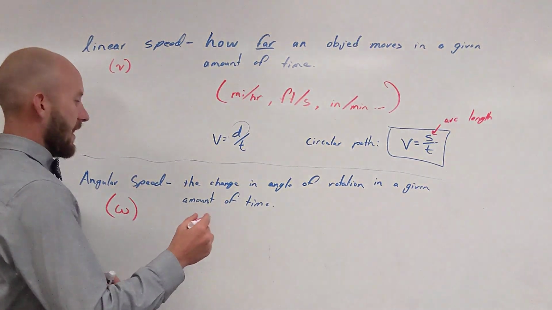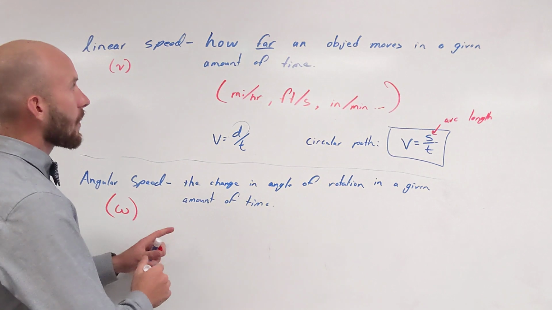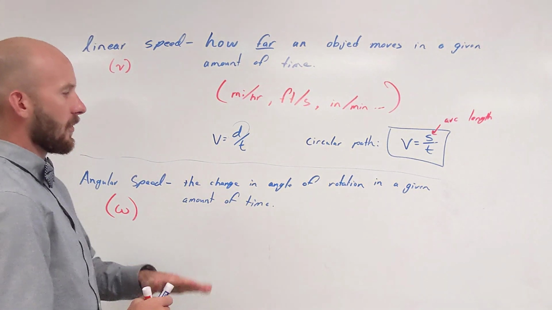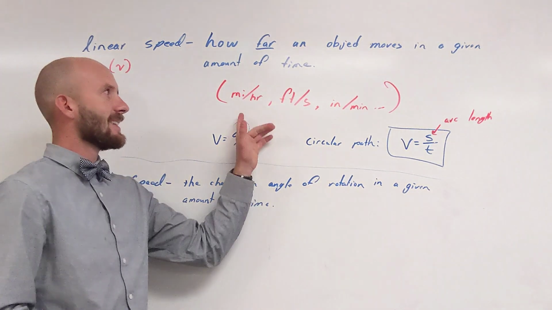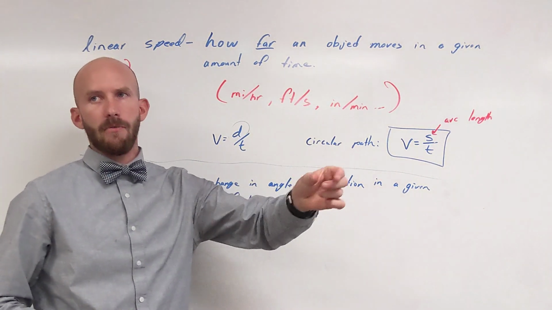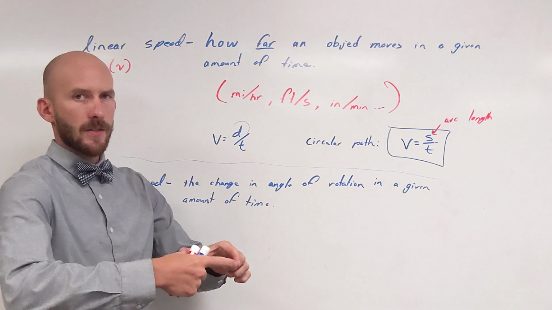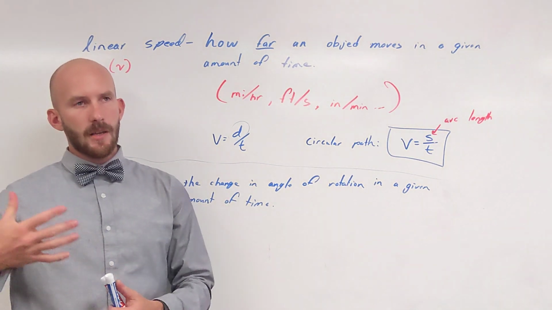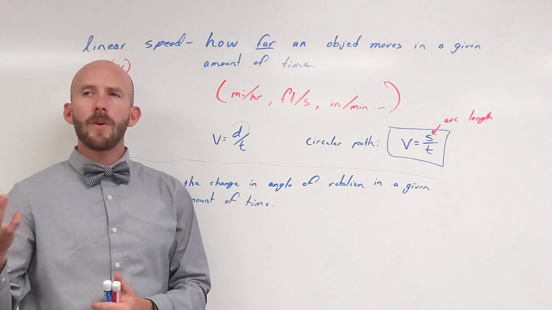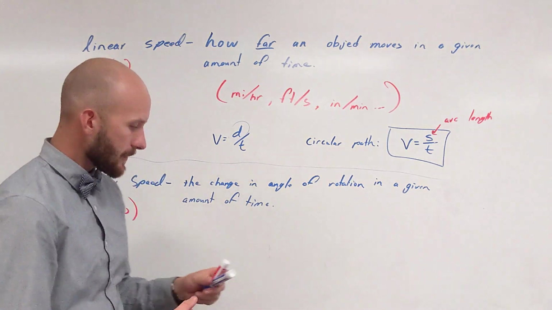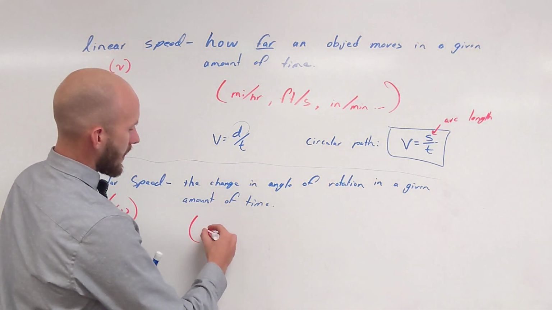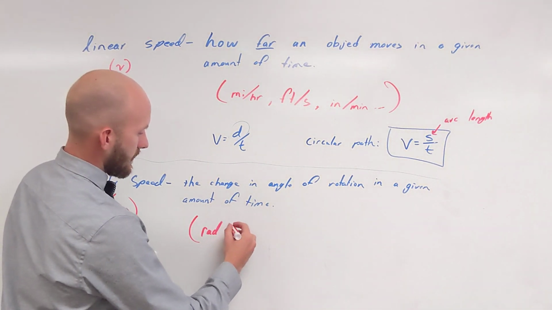All right, so it's the change in angle of rotation. So I want you to think from angular speed, it's not going to be a distance divided by time. We're not worried about distance, we're worried about an angle. Okay? So it's going to be things like, you could use degrees, although we typically don't. Radians, theta. It's going to be units like radians per second,